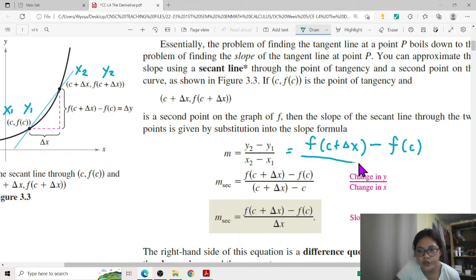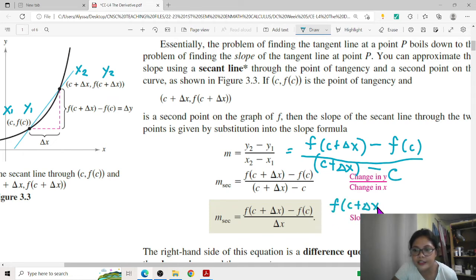All over your x2 now is c plus delta x, and your x1 is simply c, so minus c, and then combine like terms, magiging lang siyang ito na f of c plus delta x minus f of c all over c minus c is cancelled out, so delta x,